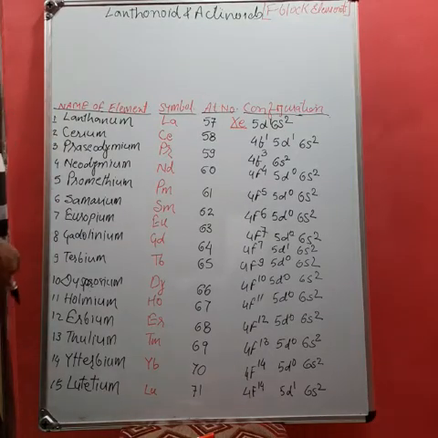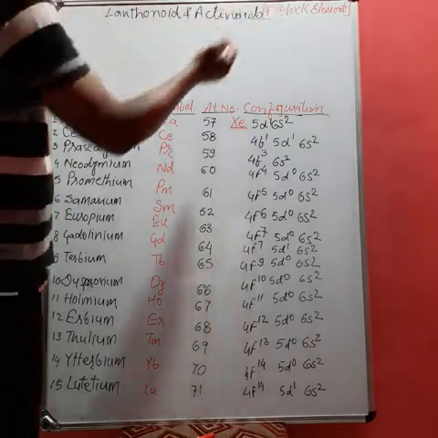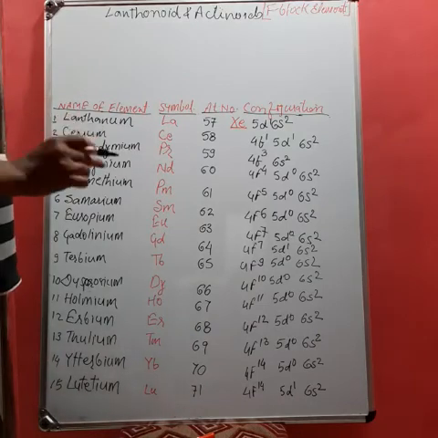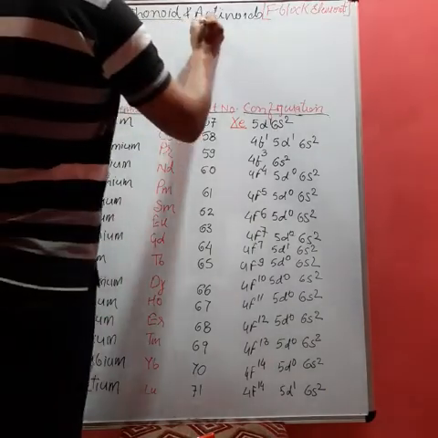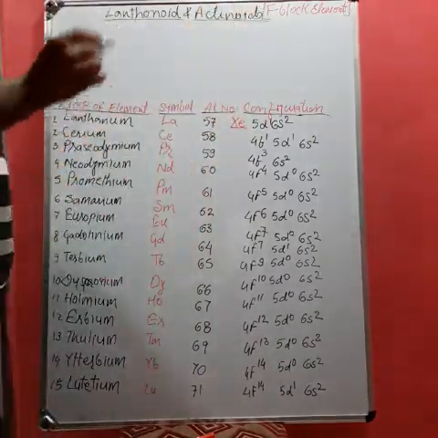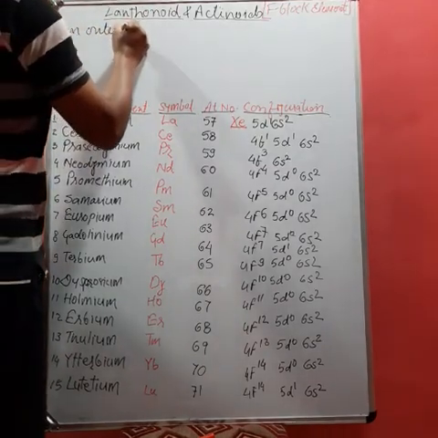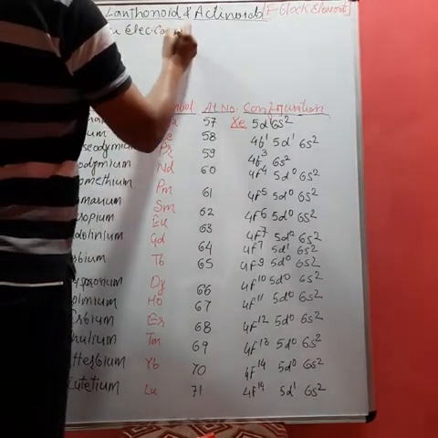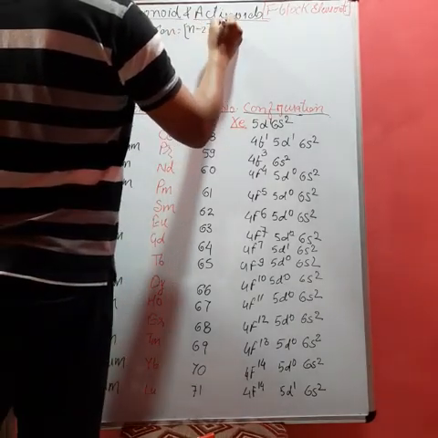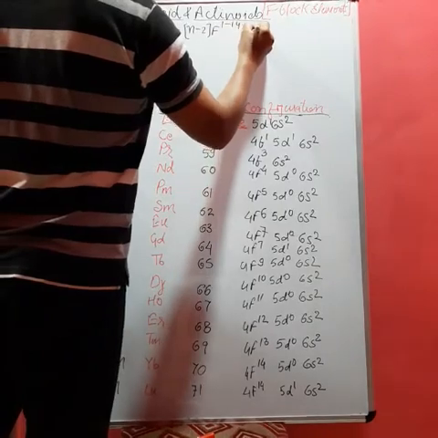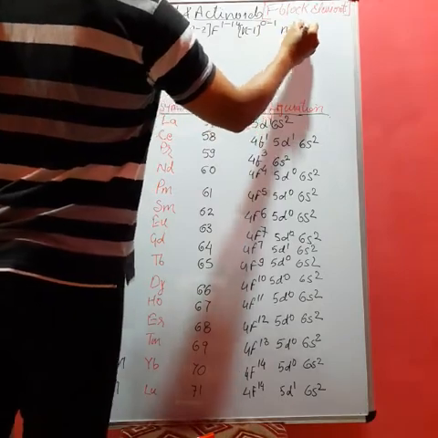Yes, student. So the next and the last video of the chapter is F block elements. It includes two series of elements. The first series is called lanthanide. The second series is called actinides. Student, the general outer electronic configuration of F block elements is (n-2)f1 to 14 (n-1)d0 to 1 ns2.